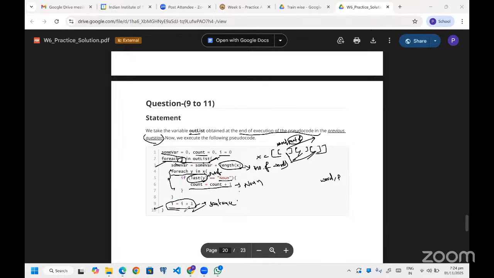Is it clear now, the pseudocode, what we are trying to do in this? Yes, sir. So the I part, could you please explain once again, sir? The I part is not clear, sir.